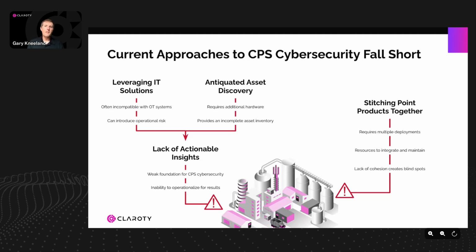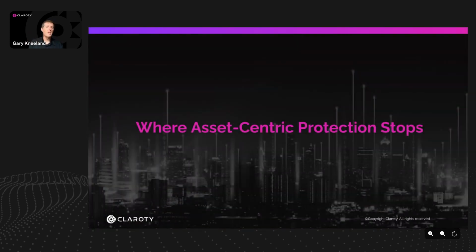So these are the things that we've seen. Again, this is the current environment that Clarity has seen, and what we see is the existing state of play. So all that talks about what the existing space looks like from a security point of view. This is where we want to shift into something more specific on this asset-centric view. Again, this is something we get a lot of conversations with from customers.